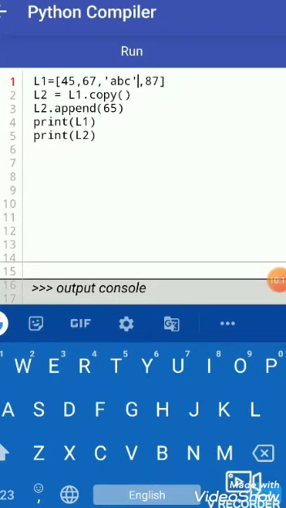There are some more methods which we can use for copying a list: by slicing or by using the list function.